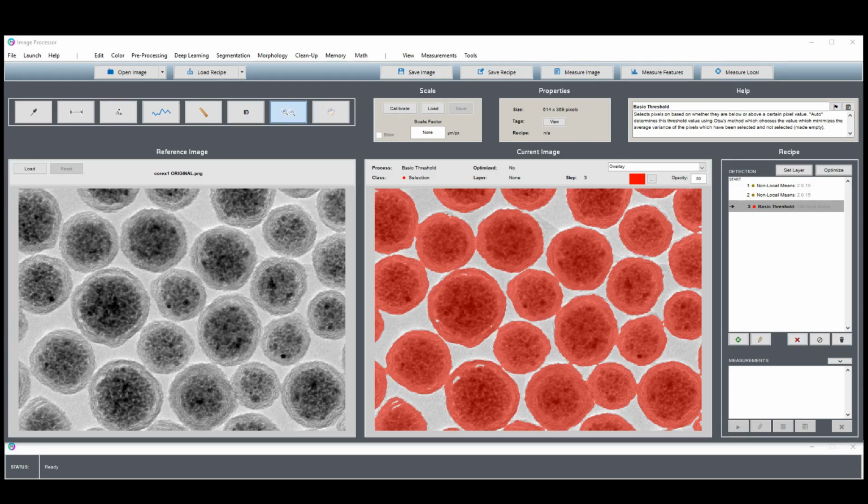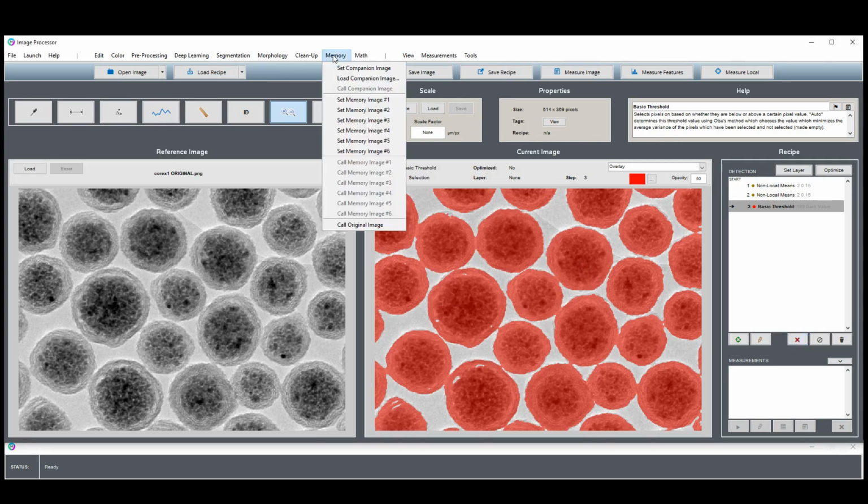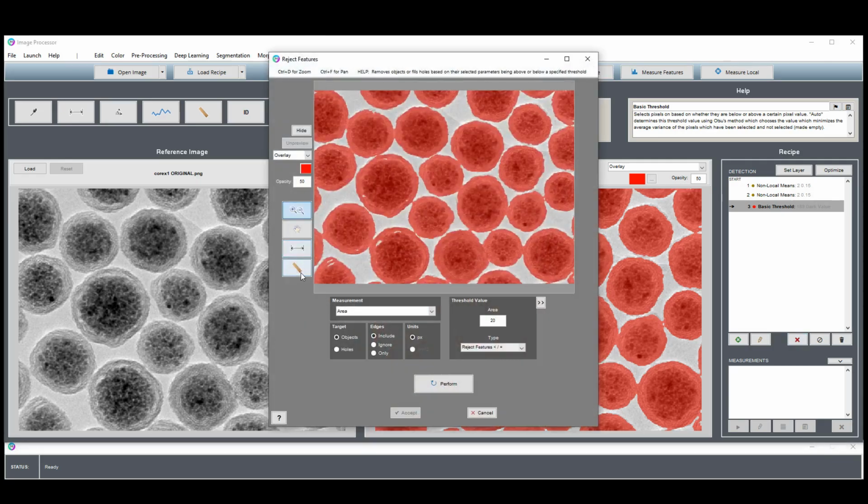So let's now clean up this nanoparticle selection. We'll start by filling in these tiny holes. So if we measure some of the holes here, they tend to be around 50 pixels, 30, something like that, compared to these spaces which you don't want to fill in, which can be on the order of several hundred. So if we set our cutoff here at, say, 150, remove little holes like that,